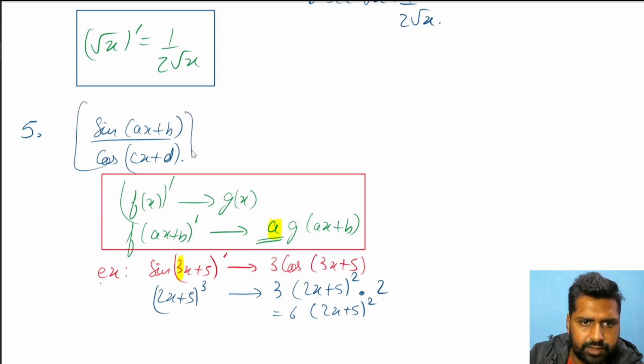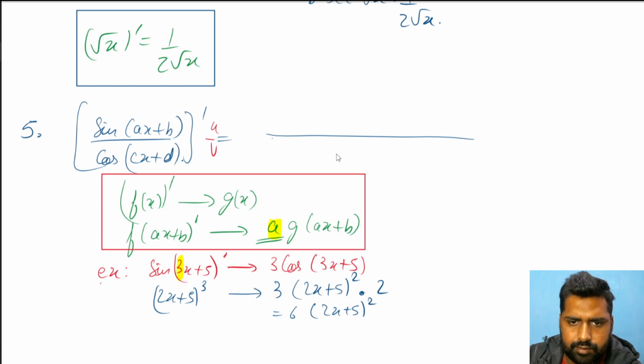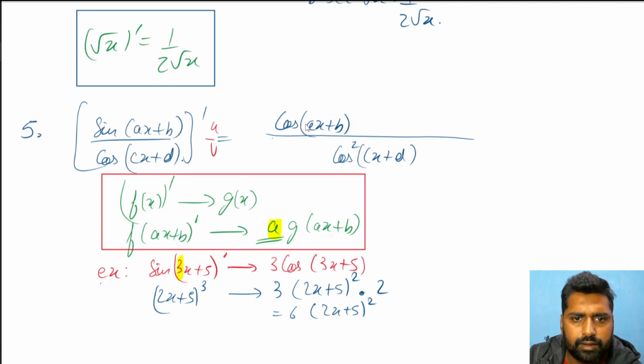Okay, so differentiate this. Basically it's u by v, so that's cos cx plus d, all squared, v square. The numerator is u dash v minus v dash u. So sine ax plus b differentiation becomes cos ax plus b, and the factor of a comes out. Okay, v as it is, so cos cx plus d as it is, minus